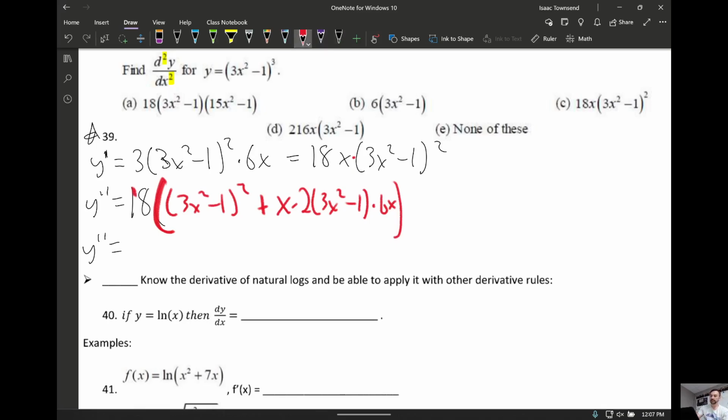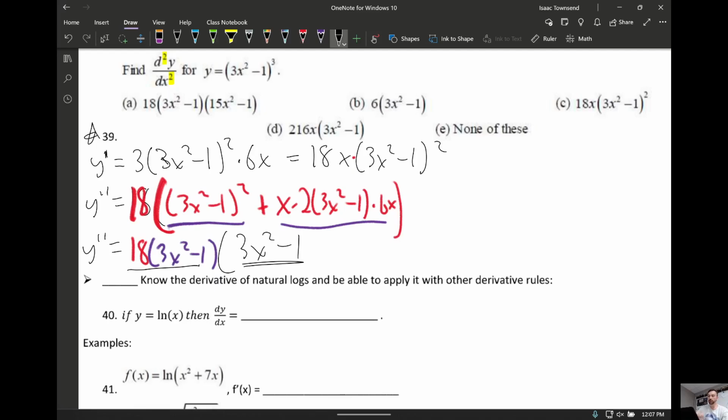So I've got this 18 that's already out front. It's already been factored out. What does this term and this term have in common? They both have a 3x squared minus 1 in them. Okay, so we can factor out that GCF. So this stuff distributed to my first term, because I'm undistributing here. What's left behind here would be a 3x squared minus 1. I needed one more of those. And then when I distribute this to this, I've got